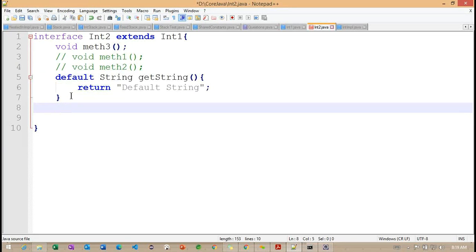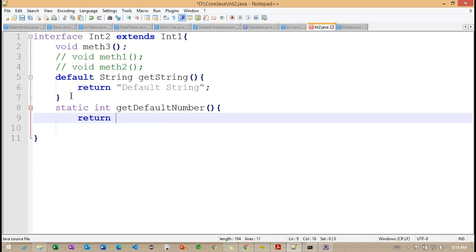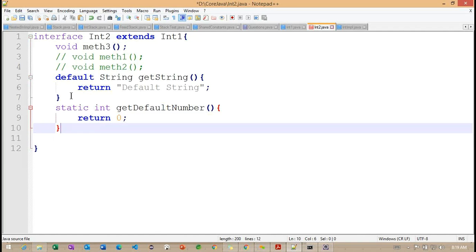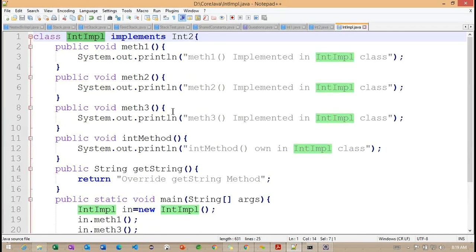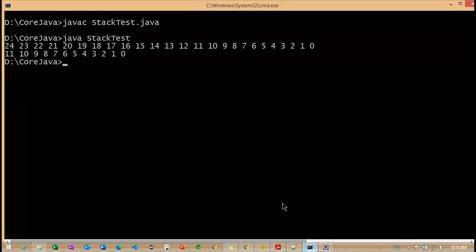In this particular interface, I'm working with a default method, as well as a static method. And this static method is going to return some value. Get default number. Return 0. Getting the point? Now you can observe, I want to compile this particular class.